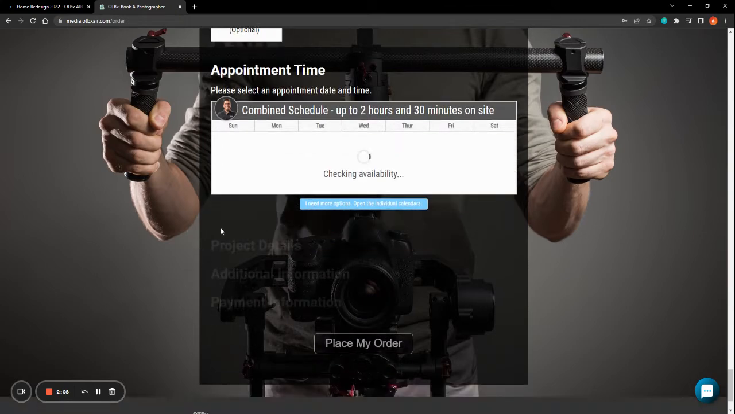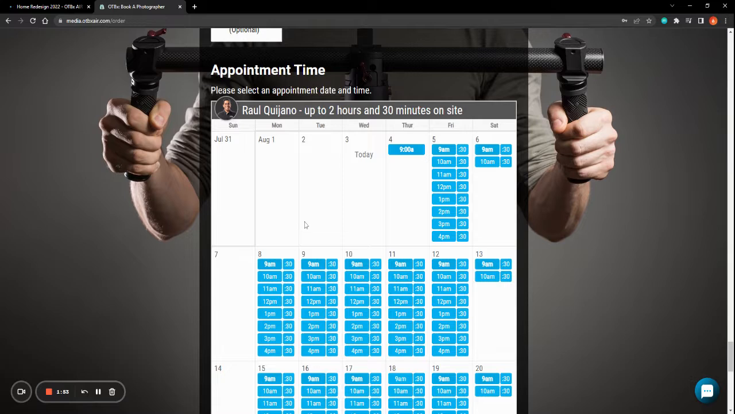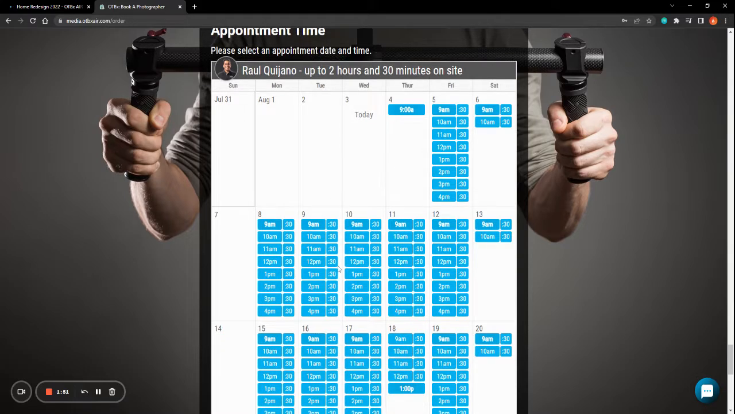Now we're going to get to the schedule. It tells you how long the shoot will probably take, 2 hours and 30 minutes. And I'm going to say I want to open the individual calendar. From here, I can select some ones that are readily available for you, Thursday, August 4th, Friday, Saturday, etc. But if I want to see the full calendar, I can click this, and I can select any time that